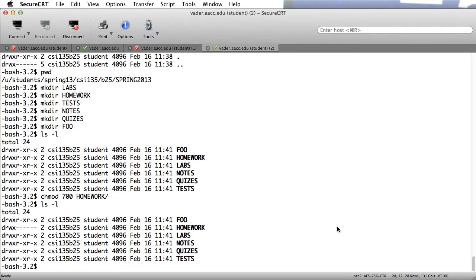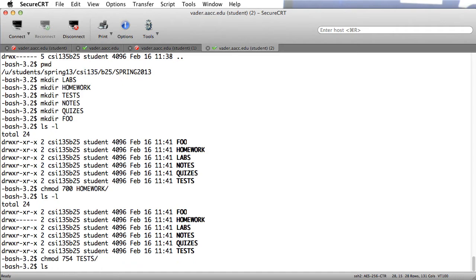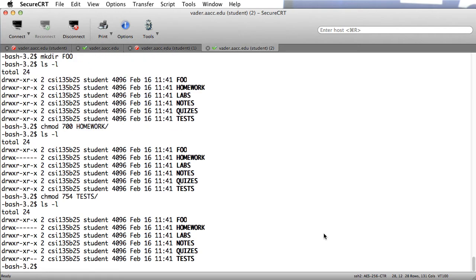4c says change the permissions on the directory tests to 754. Again, you would type in chmod space 754. I type T, which is unique, and capital T, which is unique, and hit the tab key. And now I have changed the permissions to 754. So if I type ls -l and we take a look at tests, let me highlight it here,